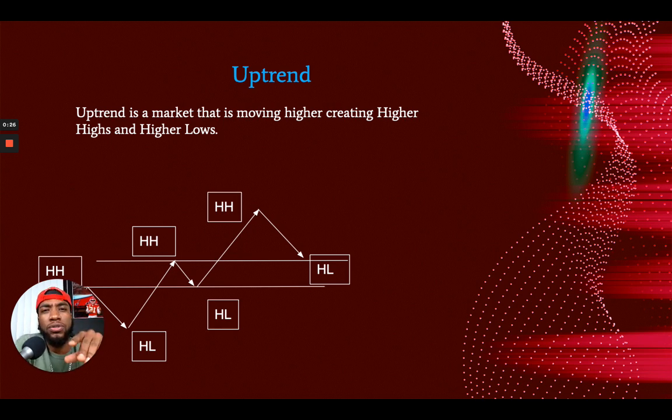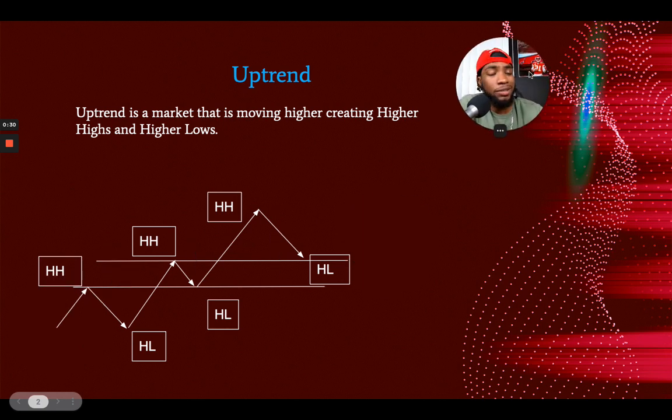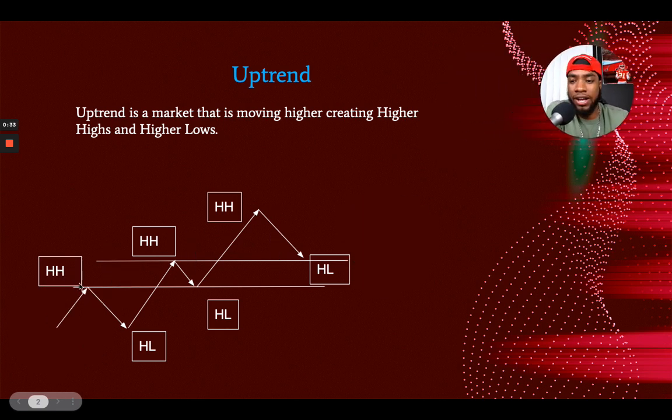So uptrend market is when you see price creating higher highs and higher lows, right? And that looks something like this, right? So you have price create a higher high, higher low, higher high, higher low, higher high, higher low, right? And you're looking for these after you make a higher high. You want price to really come back and retest the previous higher high as a support zone, right? Because we see it makes the higher high, and when it comes down to make a higher low, technically this